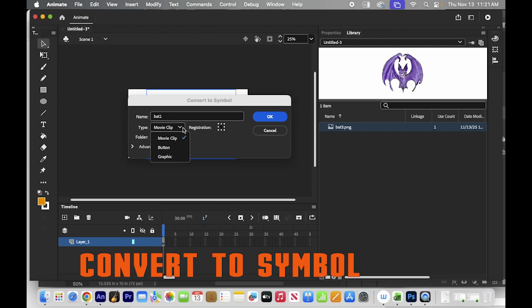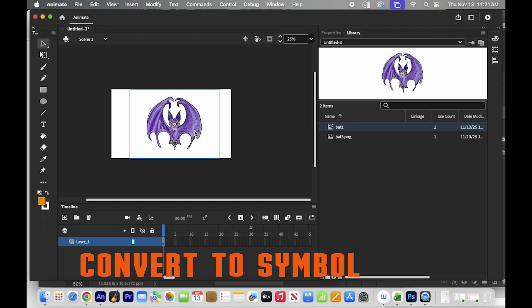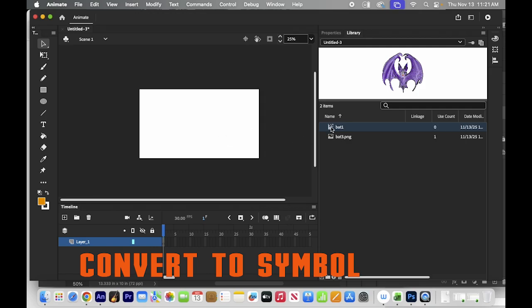We're going to make it a movie clip, and we're going to leave the registration mark in the middle. Click OK. Now be careful. What you have here on the screen is not Bat1. It's the PNG. So you can delete it and replace it with Bat1. And now you want to double click it, and you're going to see up at the top screen Bat1 inside of Scene 1. And here we're going to open up the AssetWarp tool